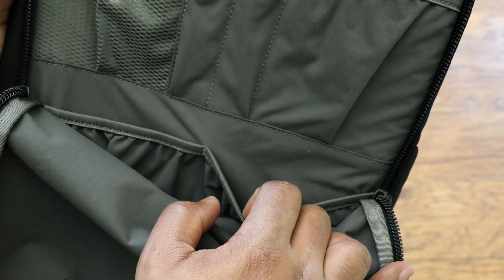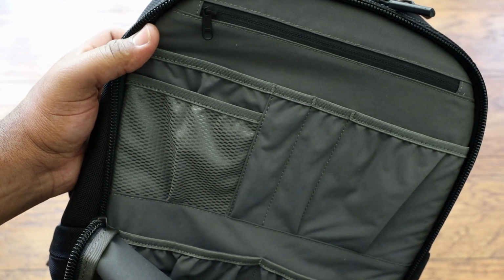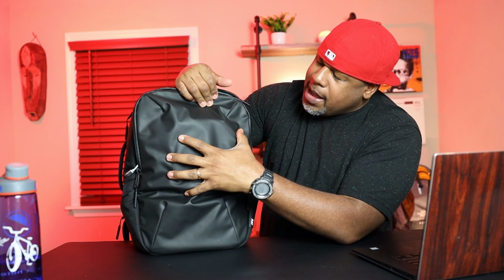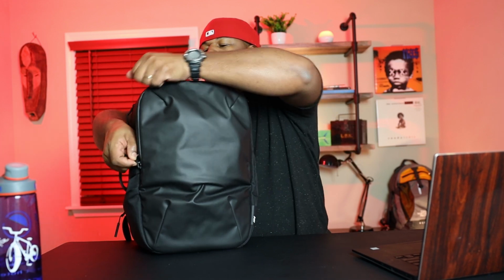But you see that this pocket has some expandability, so even something like this, a larger headphone case, can slip in there. Now you do get a little imprint right here when you slip in a larger item, but I do like that they give you some dimension in this front pocket so you can use it. Now, when you move back